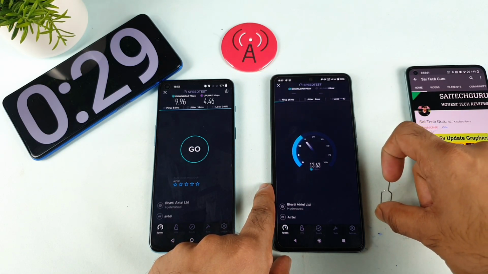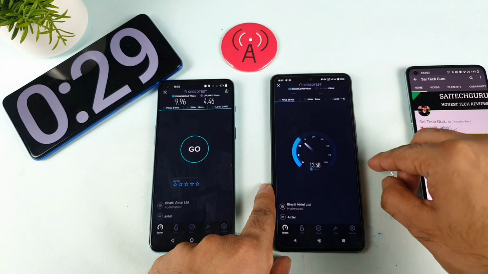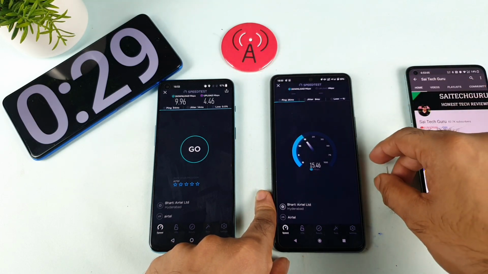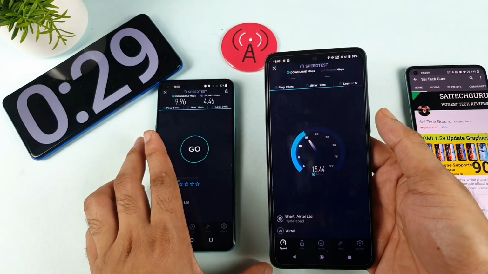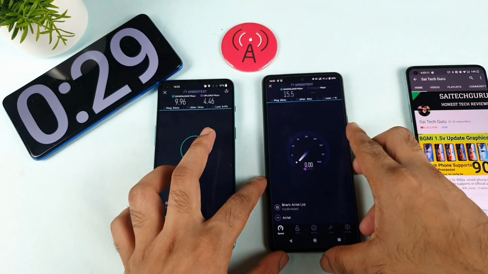Wow, that's good. That's fantastic. I'm getting speeds of close to 16 Mbps. 15 Mbps of speeds. Wow. The OnePlus Nord 2 did reach about, I think, close to 13 Mbps of speeds, but I forgot to